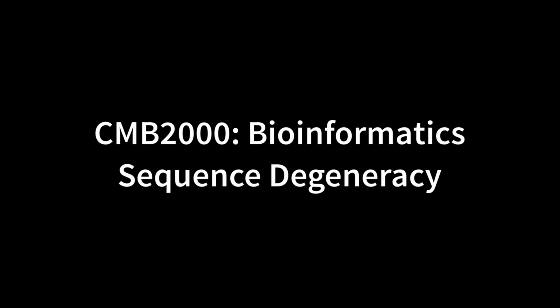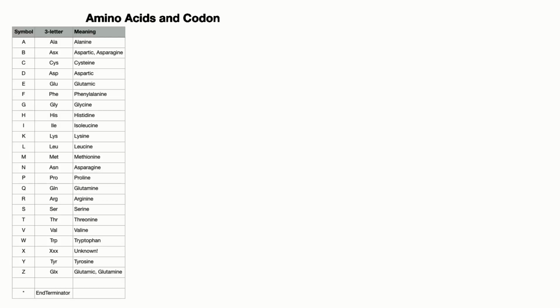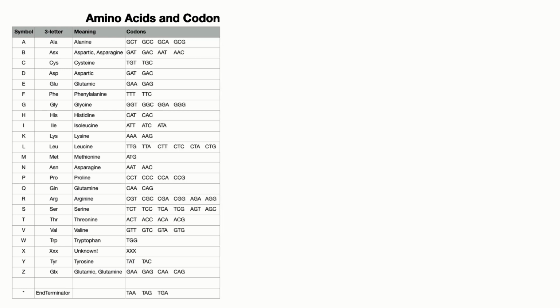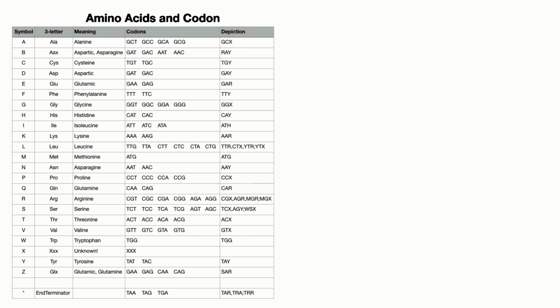In this video we're going to look at sequence degeneracy. That is, what happens when you back translate a protein sequence to a DNA sequence. Degeneracy is just a reflection of the number of different molecules of DNA that could encode that one single peptide sequence. As you know, we have our amino acids, and each amino acid has one or more codons.